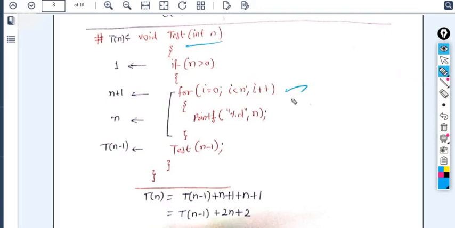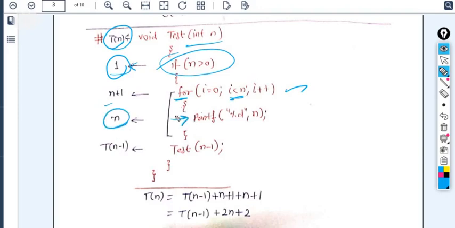Here we have taken the for loop. So how many times, we are considering it as T(n). This if condition will run one time only. When you come here, it will execute one time, constant time. The for loop, how many times will it execute? Of course n plus 1 times, because for n times it will come inside the loop to print the value, and the last time, whenever it gets false, it will again check the condition. So the for loop will execute n plus 1 times, but the statement inside the for loop will execute n times.